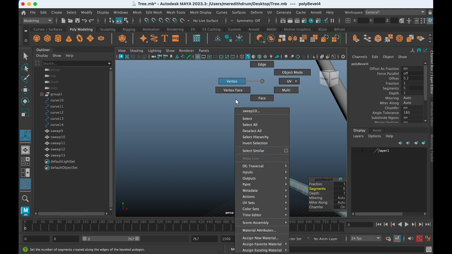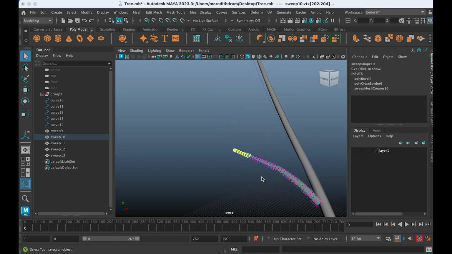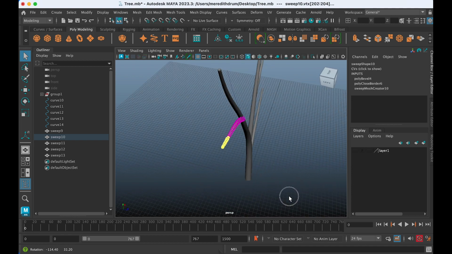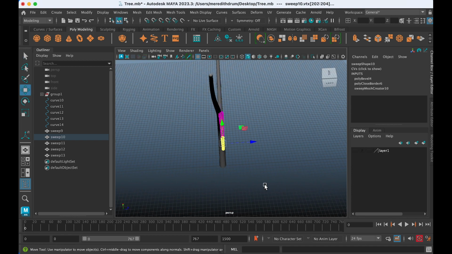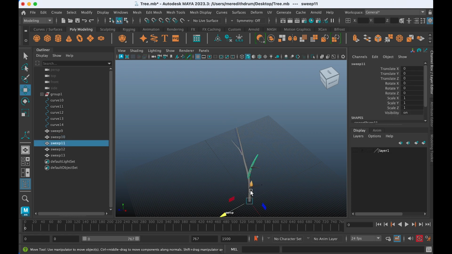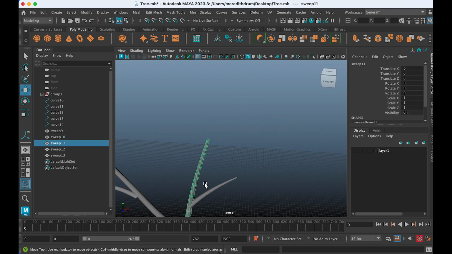And then when you want to use soft select, press B. Again, you can increase your soft select if you wish. That way, when you, let's see, what do we say, we want to do a little bit that way. You can kind of keep playing around with making your tree more organic.